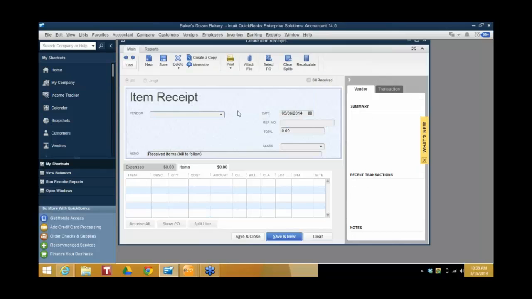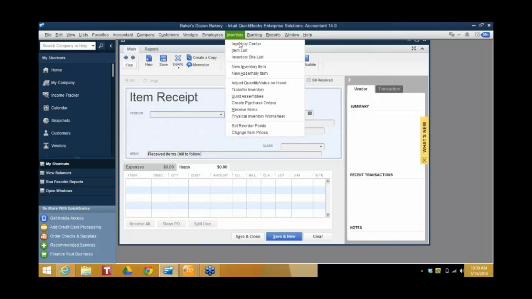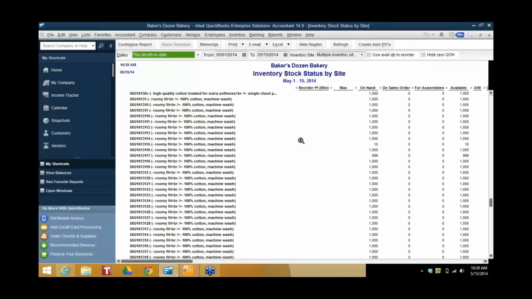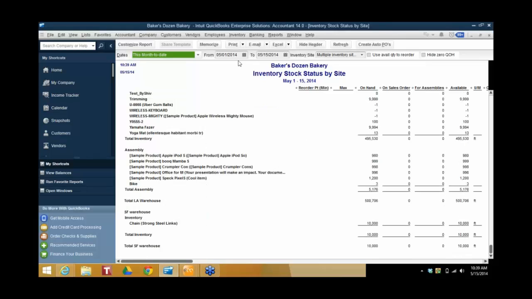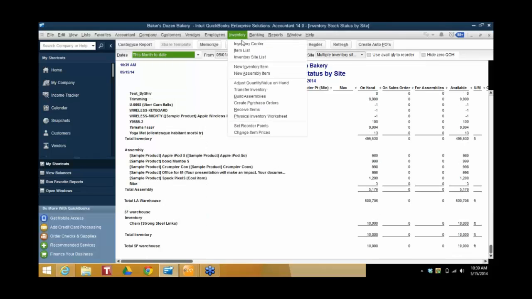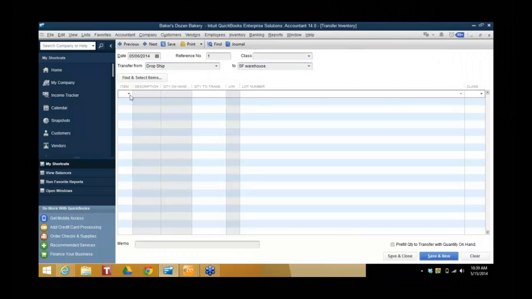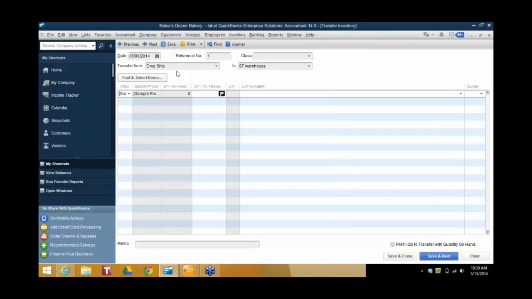Now, if I look here in our inventory center, chain, let me do a stock status by site. Right here we can see in the SF warehouse, we got the chain. Everything else right now is in the default location. I'd have to go into inventory and transfer these items to whichever location I would want. So we would go from this drop ship location to SF if we wanted to transfer, say,